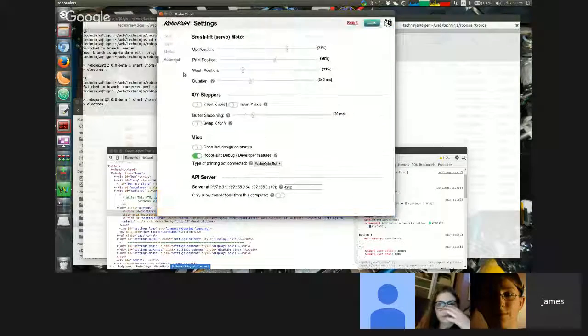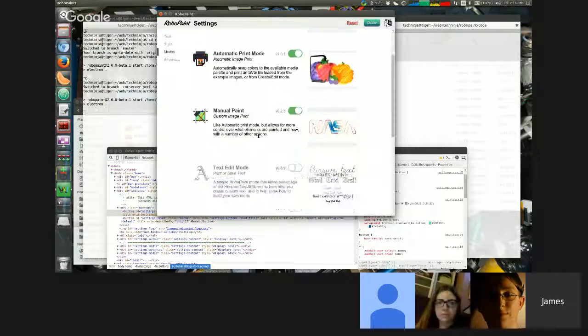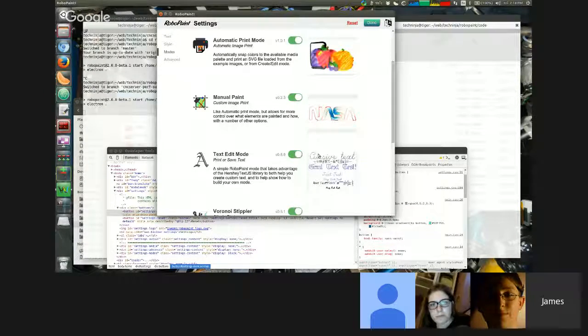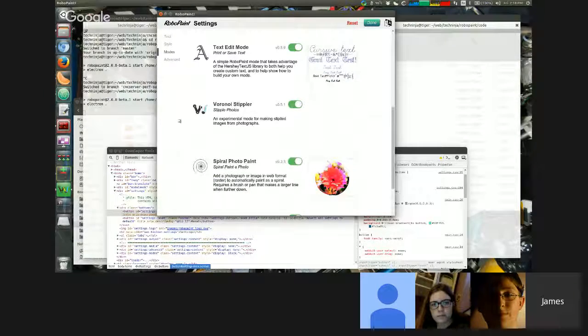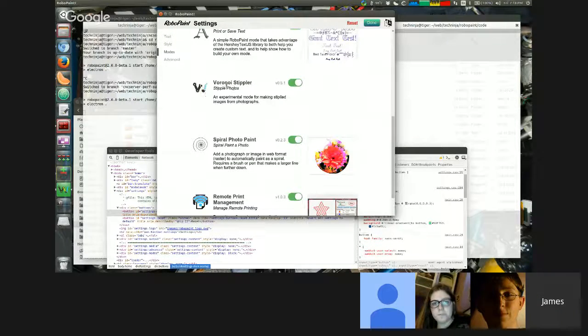What I've actually done here is I've turned on all the modes, or most of them anyway. When you go to the modes palette here in the new beta version, you get a nice little layout. All the modes should have a basic set of an icon and a picture. The Voronoi Stippler one is the one I'm working on locally that I've not pushed anywhere yet, because...